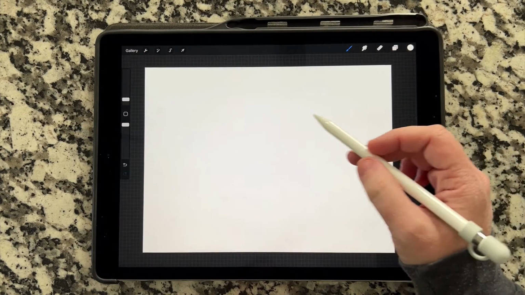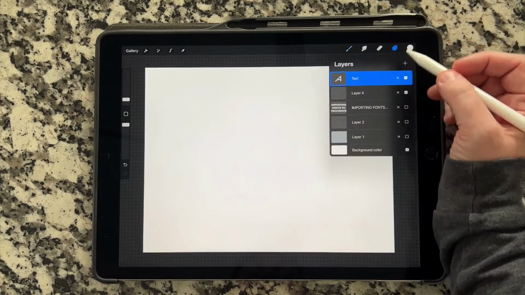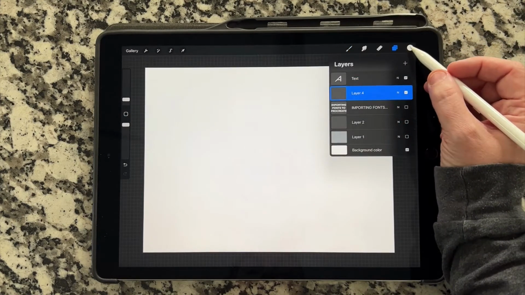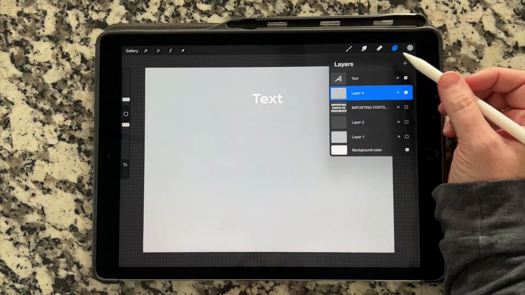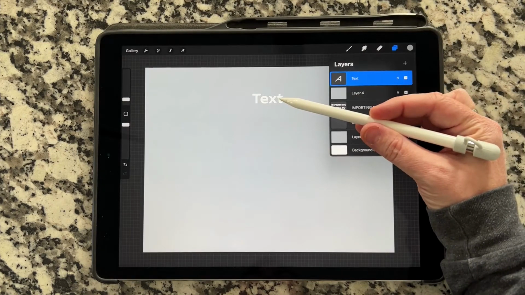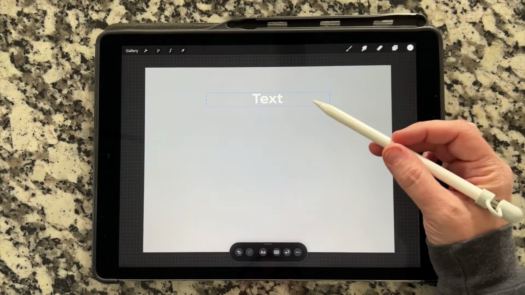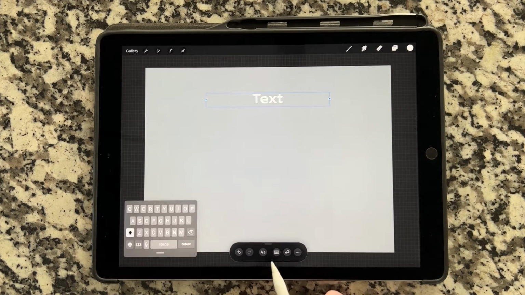And if you want to edit that text, currently I'm typing in white, so I'm going to just do something quickly so you can see this a little bit better. Okay, so now you can see my text. If you're on this text menu here and you then want to edit that text, you can tap on it with your pencil. You'll then get this menu down here again, and you can either tap on the keyboard with your pencil or you can tap on it with your fingertip, and you're going to get this small keyboard